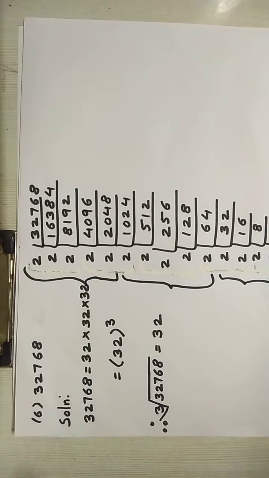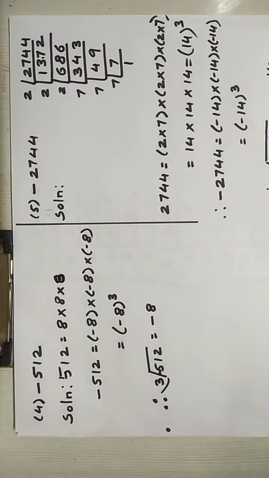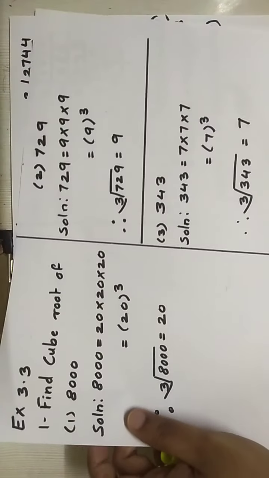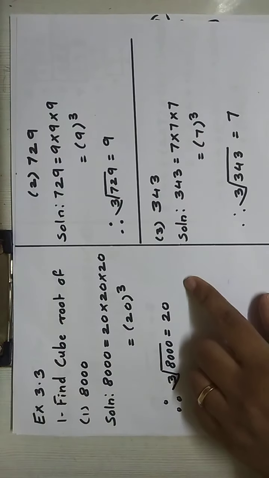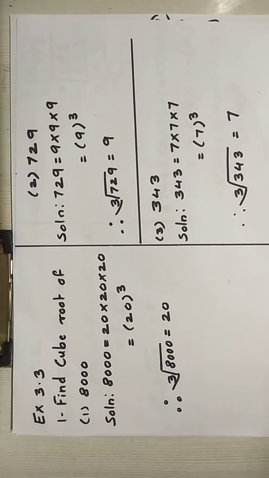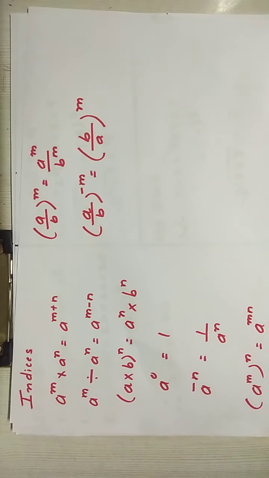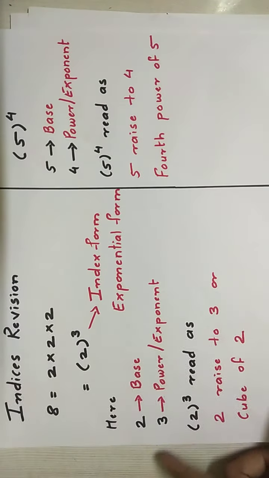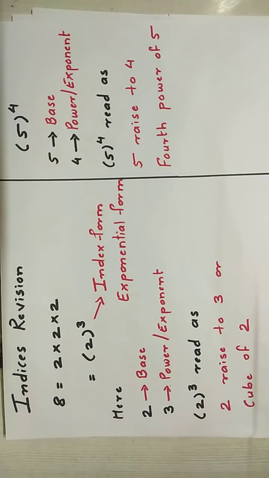So here we conclude the lesson Indices and Cube Root, in which today we learned how to find cube roots of some numbers. Also we learned how to find the cube root of negative numbers. Okay, and we found the cube root of some other positive numbers. Before starting with this, we did a quick revision of yesterday, that is the rules of indices, which we have already learned in 7th standard. And the basic thing is what is exponential form. These 2 slides, these 2 papers we did in yesterday's lecture.